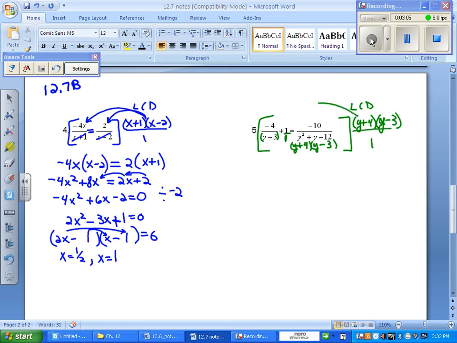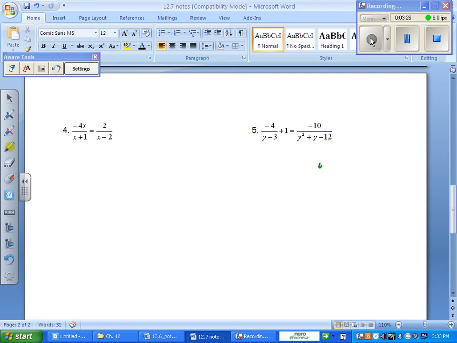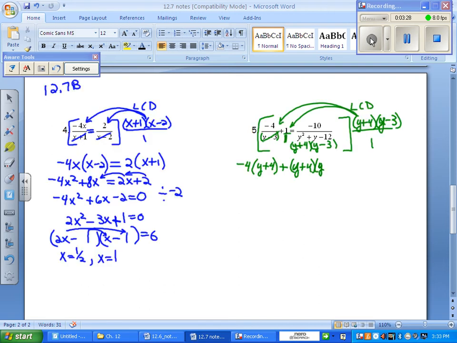So distribute it to the first term, and the y minus 3's cancel, so you're left with a negative 4 and the quantity y plus 4. Distribute to the second term, and this denominator doesn't cancel with anything, so you're going to have plus the 1 gets multiplied by the two quantities y plus 4 and y minus 3 equals,